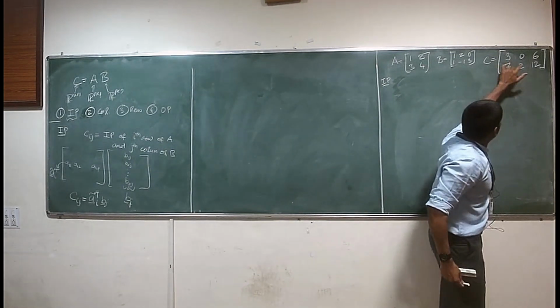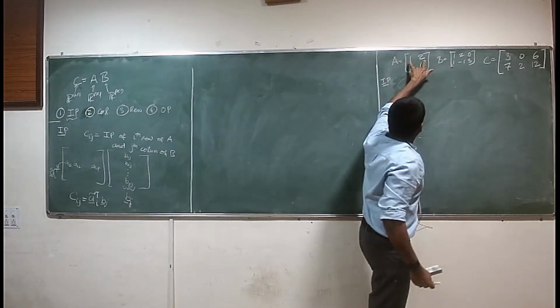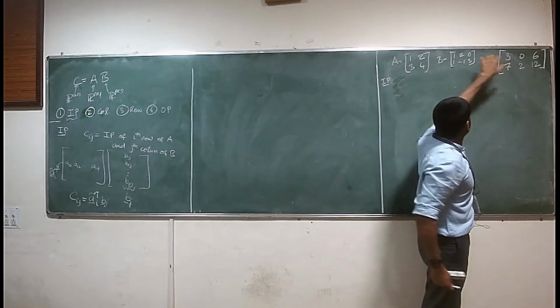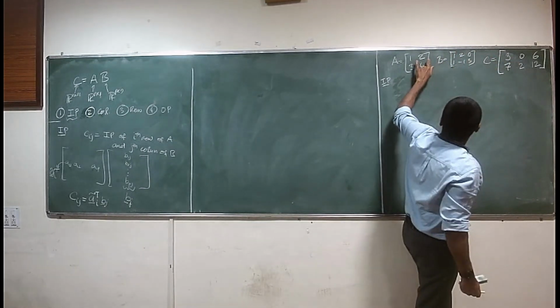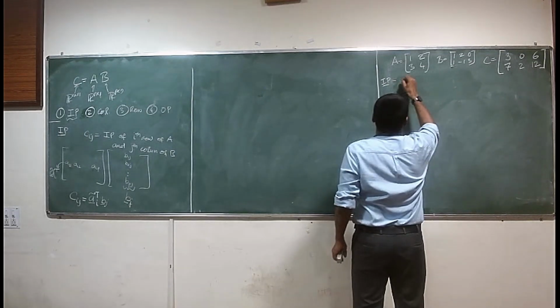How do you obtain this element C11? You take the first row, first column. If you take the inner product, you get 3. I mean, that's how you compute it. Similarly for all of them. So what you have is